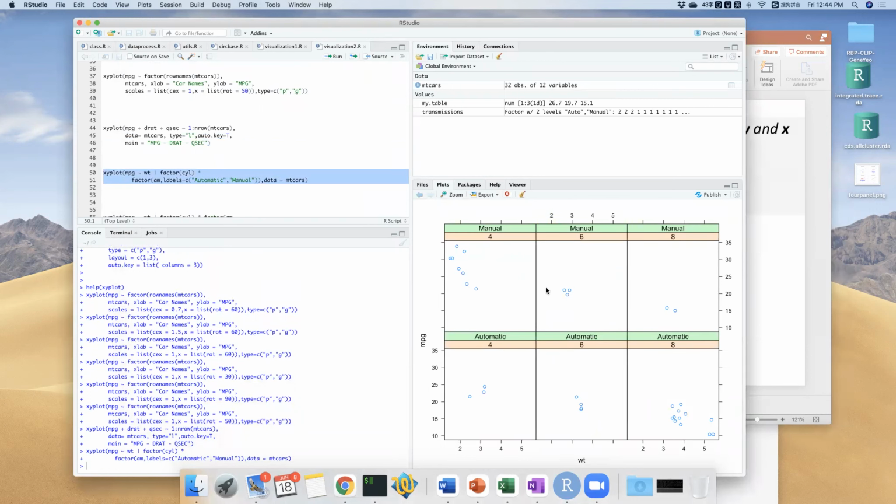Okay, this is what we observe, right? So actually we have 3 titles for each subfigure, which is basically a combination of the number of cylinders the car has and whether the car is manual or auto. So then you can see, okay, this actually has 2 level factors. It seems